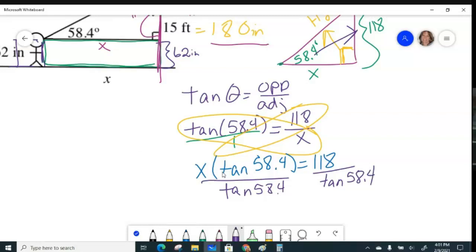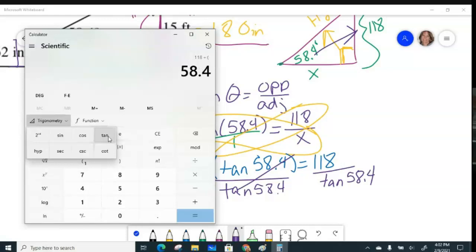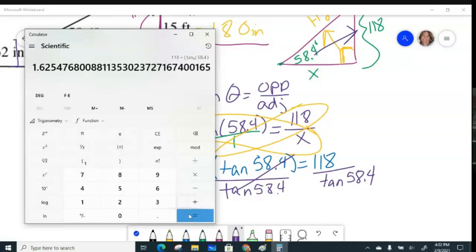And those cancel out. And so then we go over to our calculator. 118 divided by, open the parentheses, and again, 58.4, making sure I put in the right number this time. And we did tangent and hit enter. So she is 72.6